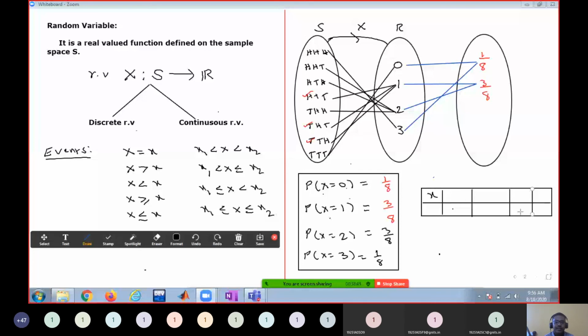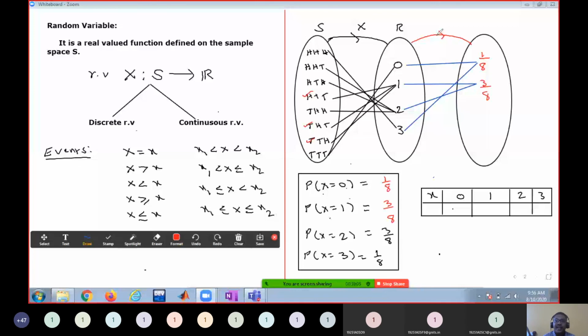These are the X values: 0, 1, 2, 3. Now I am giving an association. What kind of association is this? Since all these are probability values, and probability values are always between 0 and 1,